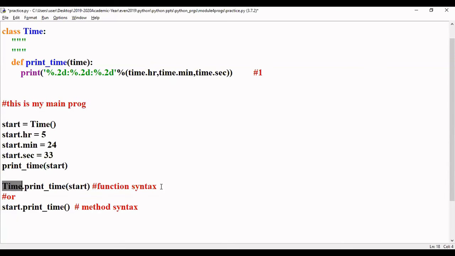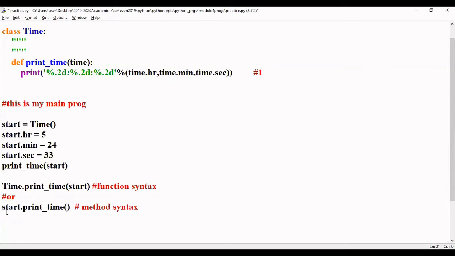This is a way of calling, what? Function syntax. Both ways we can call, but here we are using the class name: class name dot print time start. And this other one is the most conventional way of calling, that is method syntax. We call this method syntax.